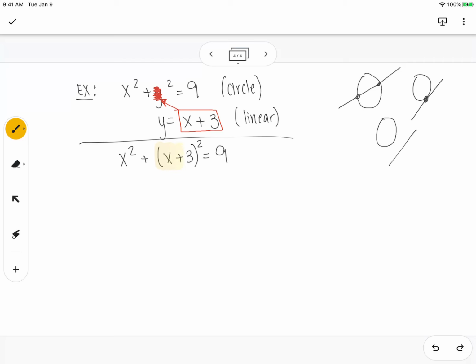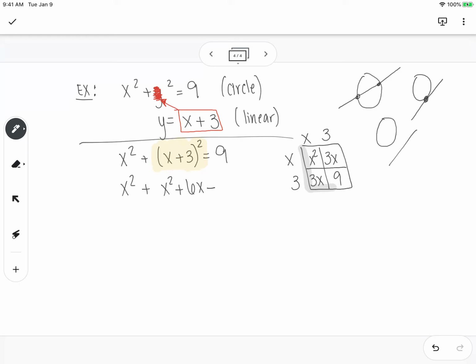So if you notice this (x + 3)², I can box this or I can FOIL this. And you guys know me, I like the box method. Well, if I choose the right writing utensil here. So I'm going to say (x + 3)² means (x + 3) times (x + 3), right? So I get x², 3x, 3x, and 9. So I get x² plus